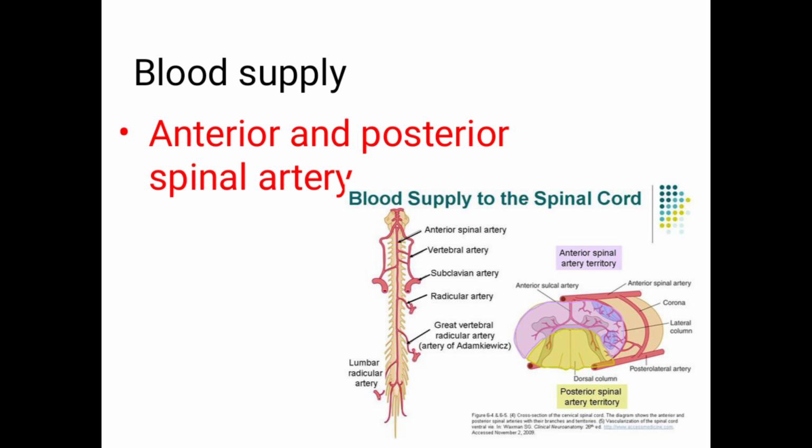Next, blood supply to the spinal cord. The blood supply to the spinal cord comes from the artery called the vertebral artery. The vertebral artery gives rise to branches called the anterior and the posterior spinal arteries. The anterior spinal artery runs in the anterior median fissure, whereas the two posterior spinal arteries run along the attachment to the dorsal nerve root. Then there are minute branches, you can see here. They are called radicular arteries, arising from spinal branches of the vertebral artery, ascending cervical artery, posterior intercostal arteries and lumbar artery. So the blood supply to the spinal cord comes from the vertebral arteries.